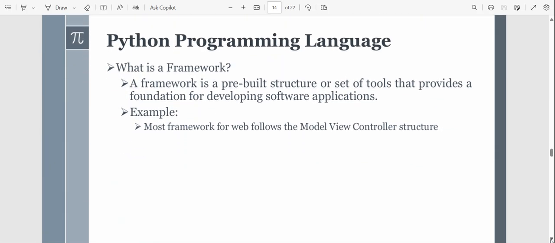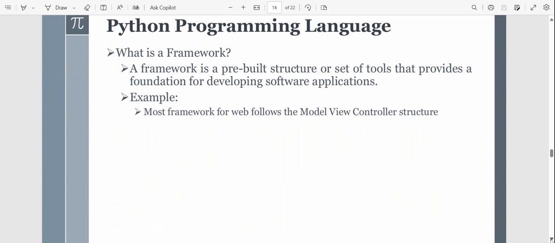So what is a framework? Even if we discuss computer programming, one needs to understand what a framework is, right? A framework is a pre-built structure or set of tools that provide fundamentals for developing software applications. Especially for web applications, most frameworks make use of the model view controller, where the data are being modeled, right? So our functional or logical instructions are in the controller, then our view is